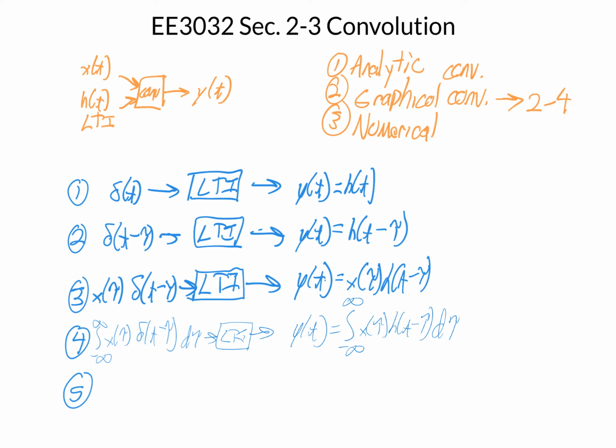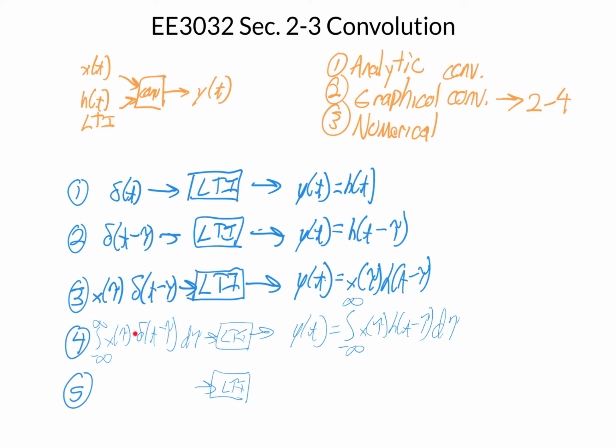Now in step 5, we're actually going to show why this is useful. The really cool simplification happens on the left-hand side here in step 5. Let's look at what's happening to the input to this system. We need to go back to the sampling property, and we can make a really powerful simplification of what is on the left-hand side. Notice here we do an integral over the single variable tau, and in the expression is this impulse response. This impulse